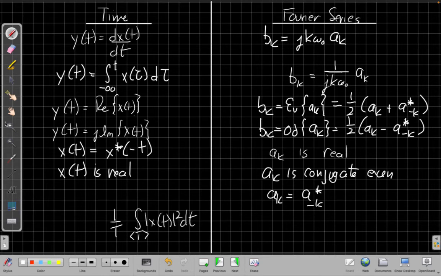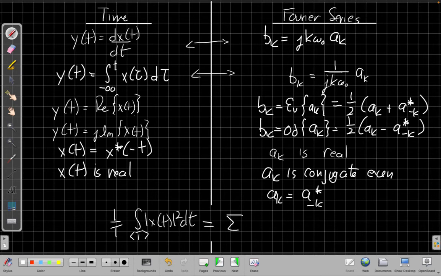This is the one place where I get out my eraser and I sort of break the wall. All these other ones have double arrows saying not that these two things are equal to each other, but they correspond to each other. If I do this derivative in time, I multiply by jk omega in frequency. If I shift in time, I multiply by a complex exponential in frequency. Parseval's theorem is the only one where we actually break the line and erase it and say, if I compute this average power in one period of the signal, that is exactly equal to